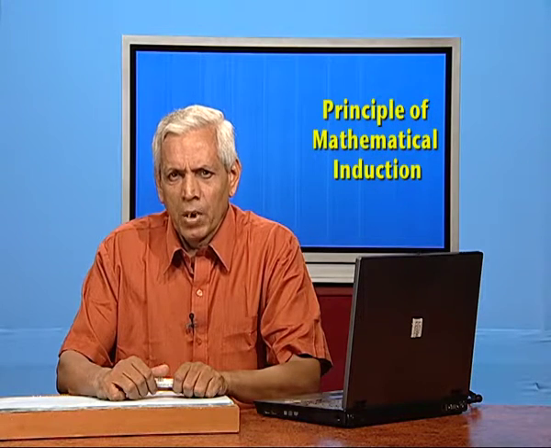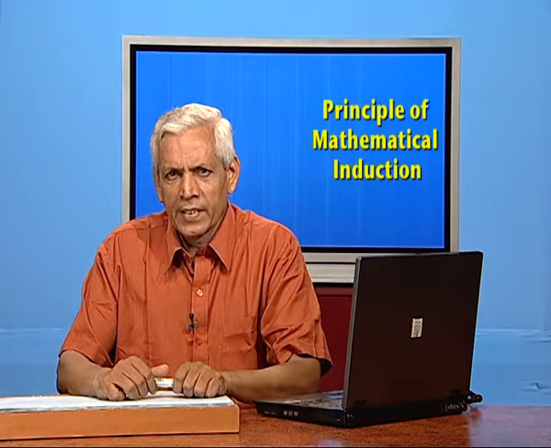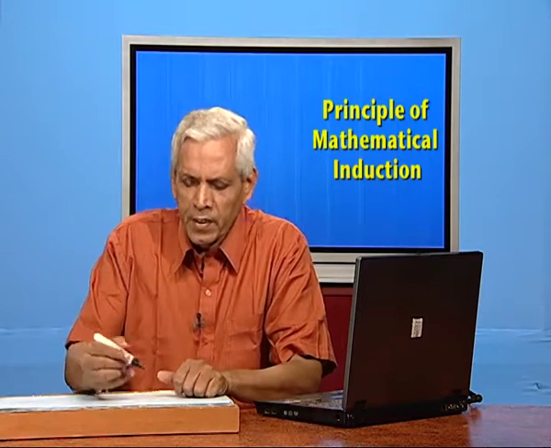You all know that in any polygon, the sum of all the interior angles is n minus 2 times 180 degrees. Now, this we can prove by mathematical induction. As you know, for any polygon, the number of sides n is at least 3, which makes it a triangle. And we know in a triangle, the sum of the 3 angles is exactly 180 degrees. Thus, P1 is true.